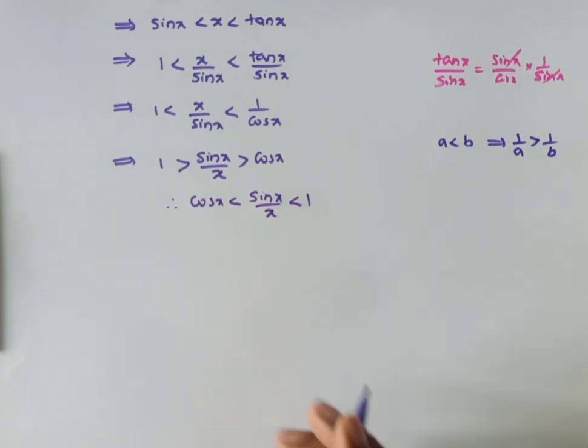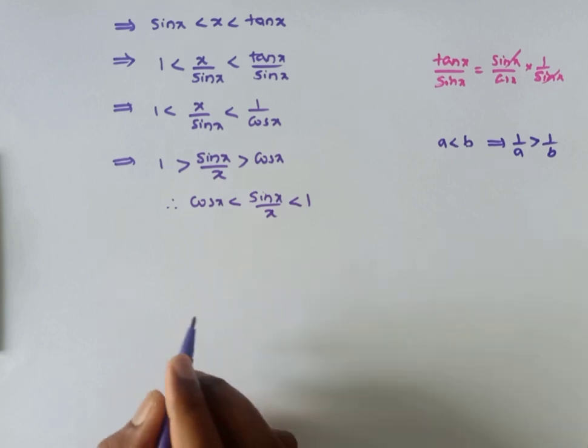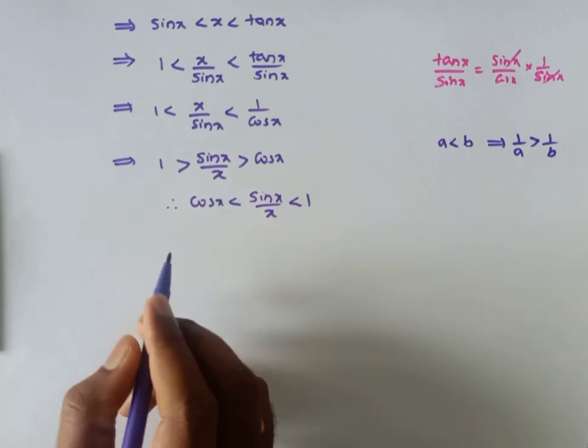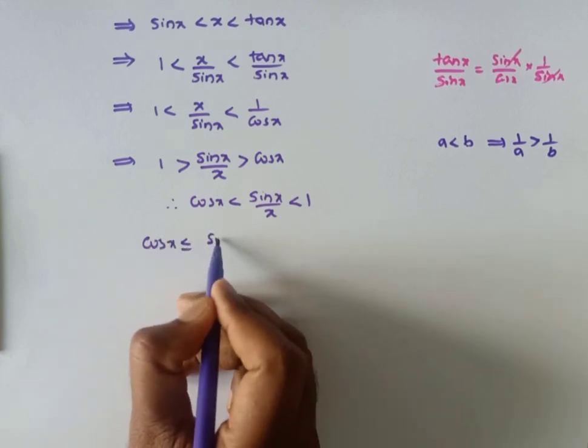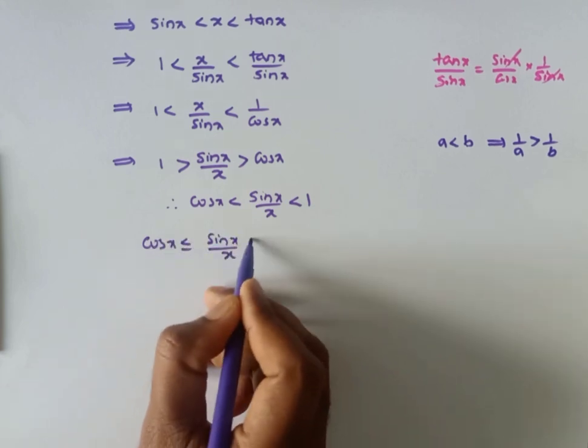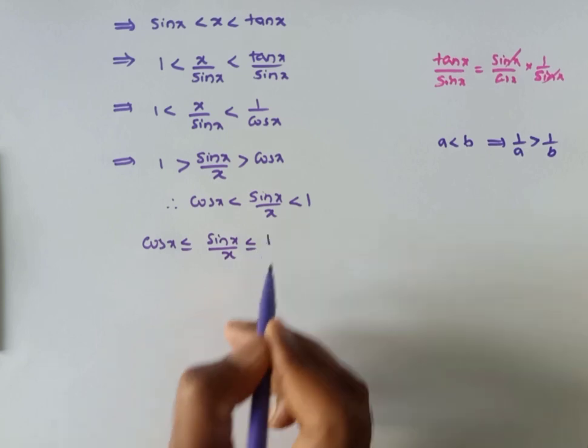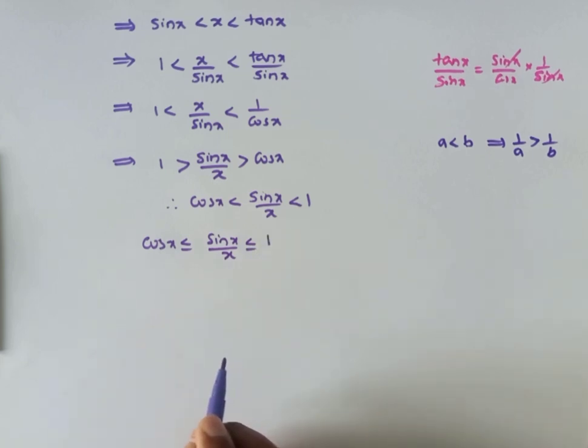right? So the same inequality that holds in minus pi by 2 to 0 also holds in 0 to plus pi by 2. So the same thing will hold in minus pi by 2 to plus pi by 2. Therefore you can express it as cos x is less than or equal to sin x by x is less than or equal to 1,